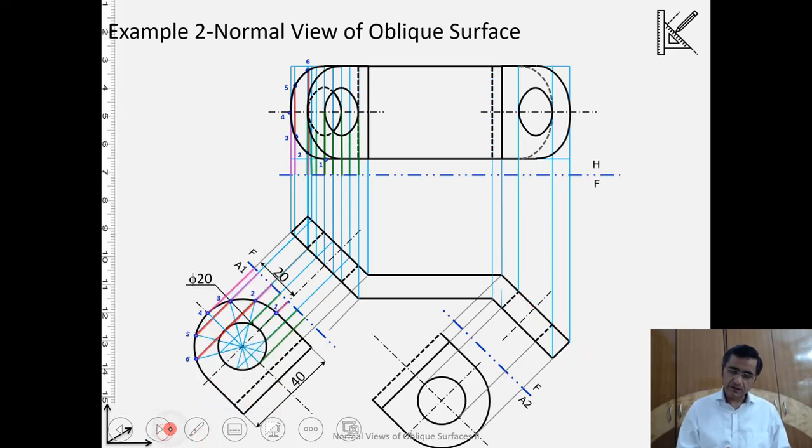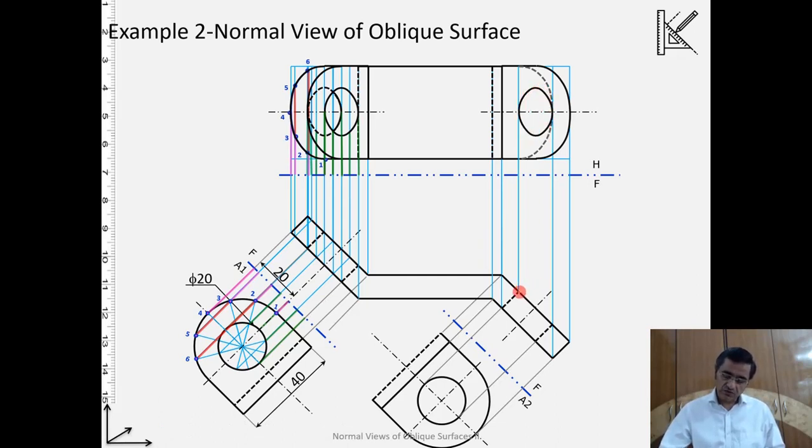Okay, if you complete it, again this particular circle here is completely solid because this is corresponding to the circle on the top face. However, the one which is on the bottom face will be partly visible because the lines of visibility will be such that anything within this is visible.